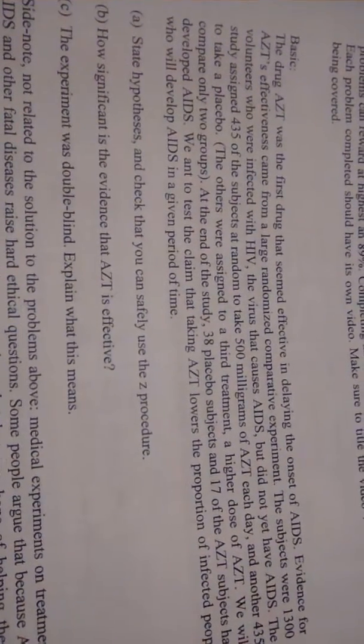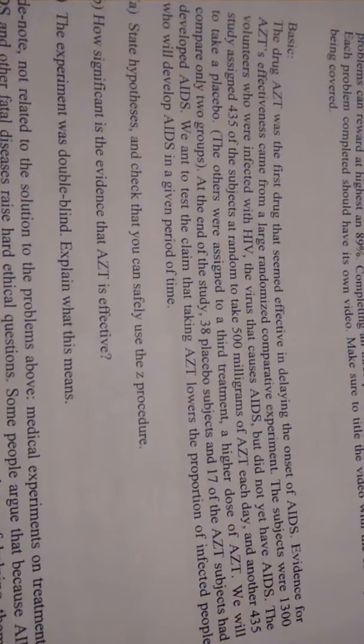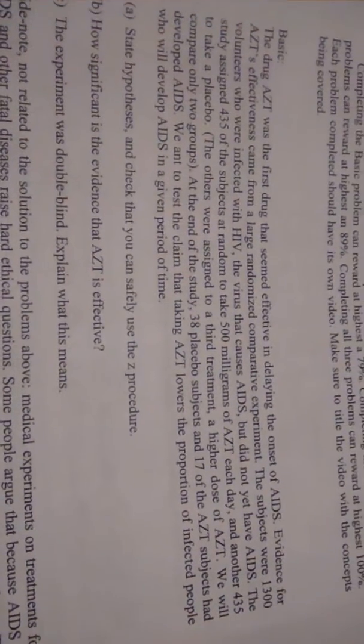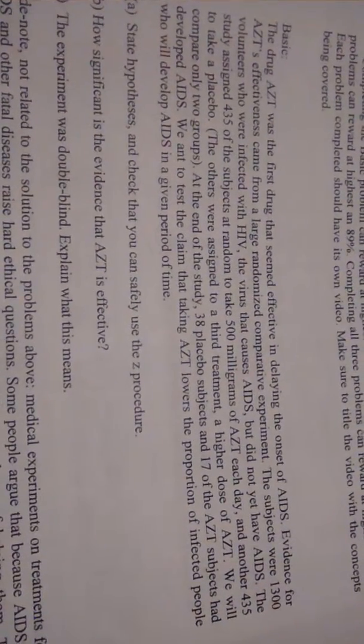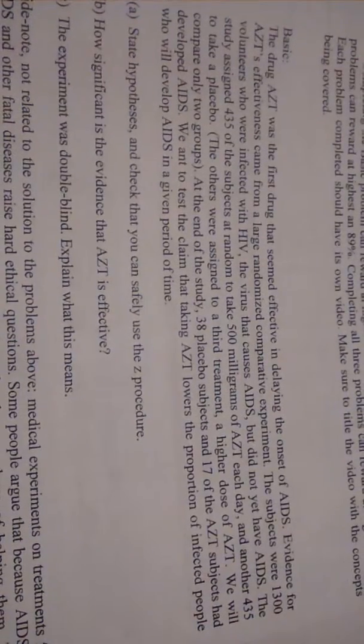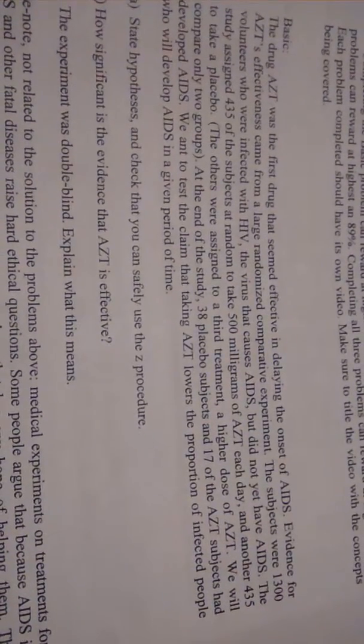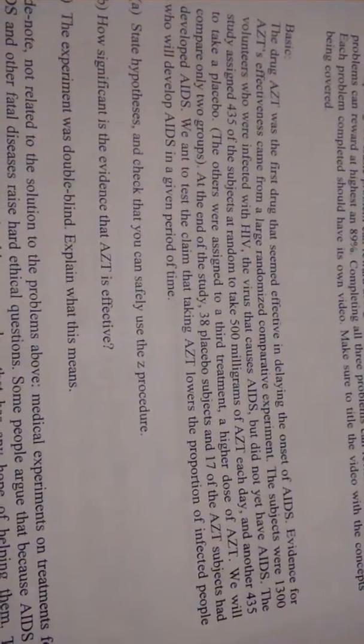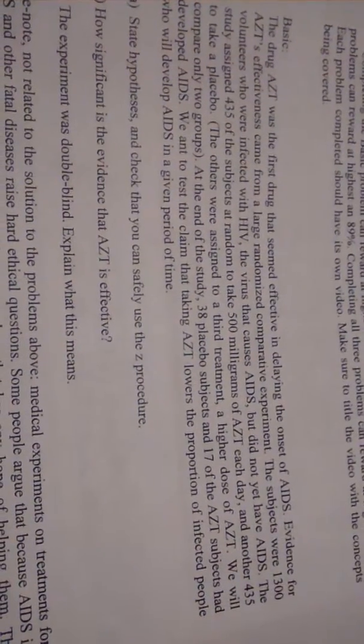The drug ACT was the first drug that seemed effective in delaying the onset of AIDS. Evidence for ACT's effectiveness came from a large randomized comparative experiment. The subjects were 1,300 volunteers who were infected with HIV, the virus that causes AIDS, but did not yet have